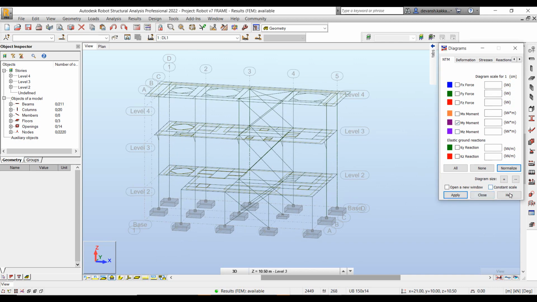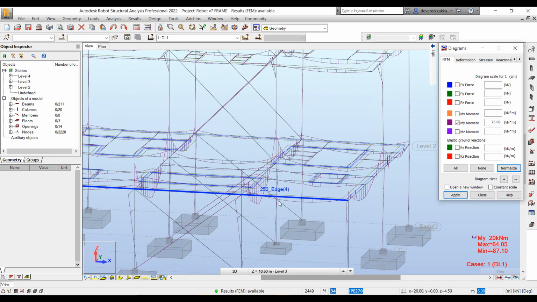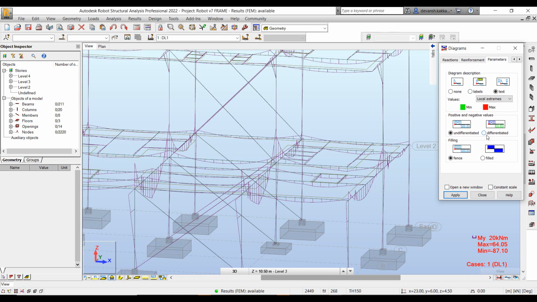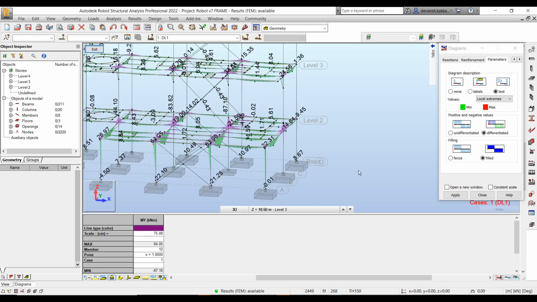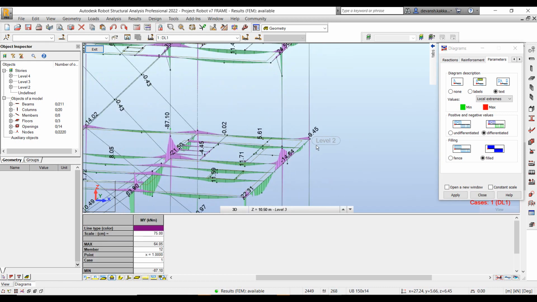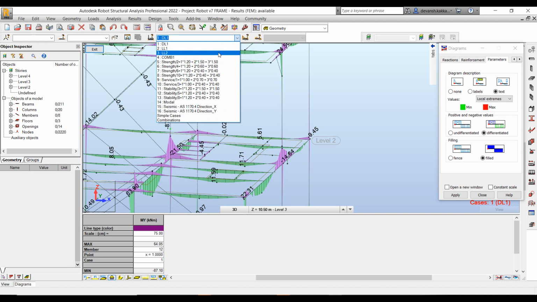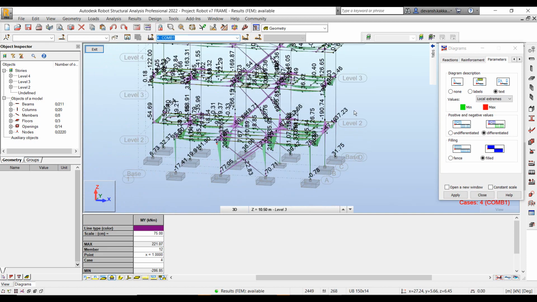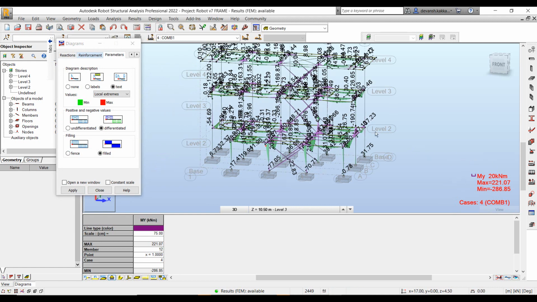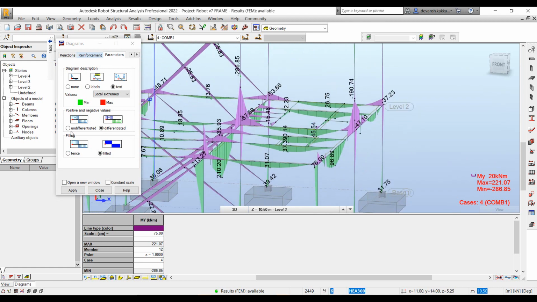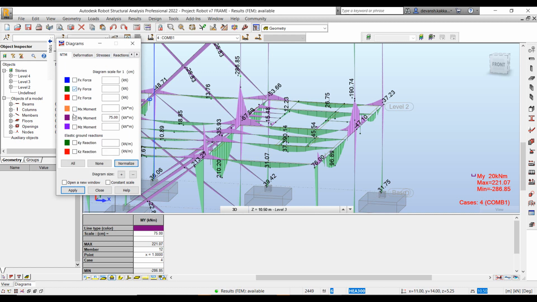In this case, we'll start off by first of all displaying the bending moment diagram for the entire structure. Also, you can change the visualization parameters. So in case you want the negative and positive moments to be displayed with different colors, so you can easily identify them, as well as annotate the values, and these results are load case dependent. As and when you skim through the different load cases and load combinations, you will see the results automatically update within your user interface.